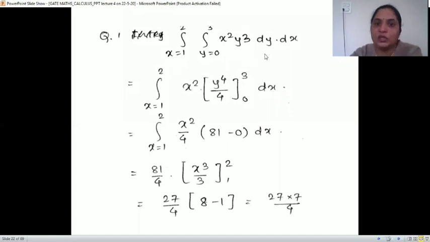So you have to first take integration with respect to y, as y is inside, right? So x square is constant. Integration of y cube is y raised to 4 by 4, from 0 to 3. Outside, dx is as it is. Taking the upper limit 3 first, 3 raised to 4 is 81, with 1 by 4 taken outside already, minus 0. So it is 81 by 4 and integration of x square from 1 to 2. Next we have to take integration, that is x cube by 3 with respect to x from 1 to 2, and solving we'll get this.